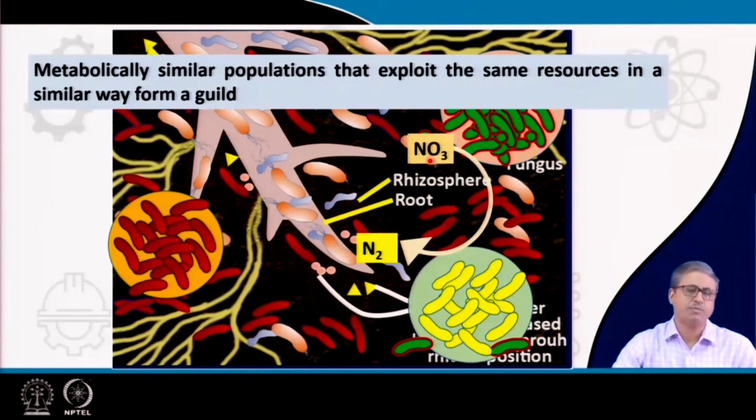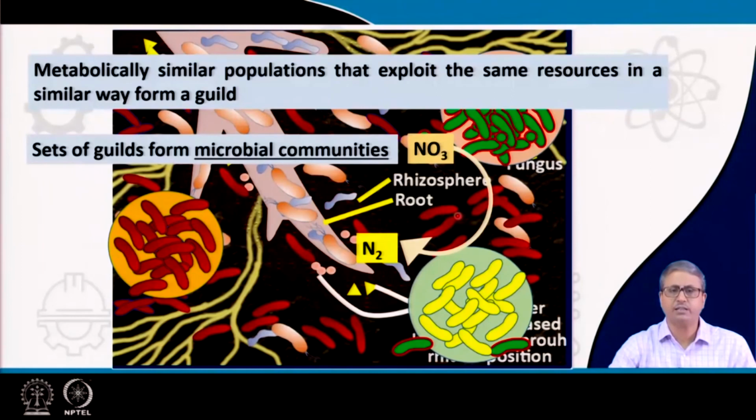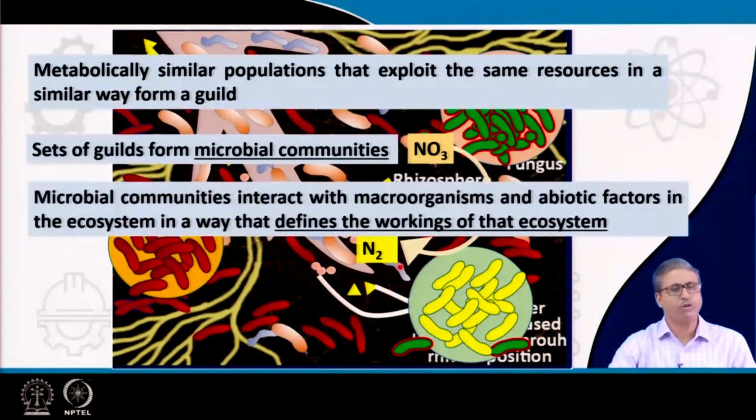So, they are capable of reducing nitrate to nitrogen. So, they form a guild. So, we can consider that the metabolic linkage, or metabolic closeness, or metabolic association between these two populations is forming the guild, and there could be several such guilds present within the community, and all these guilds together represent the